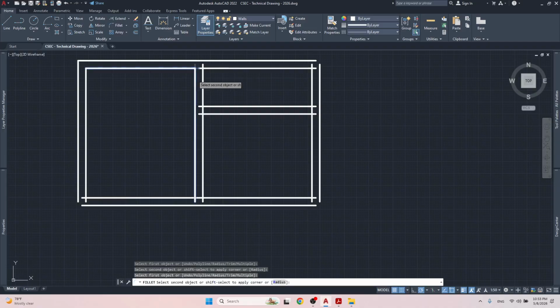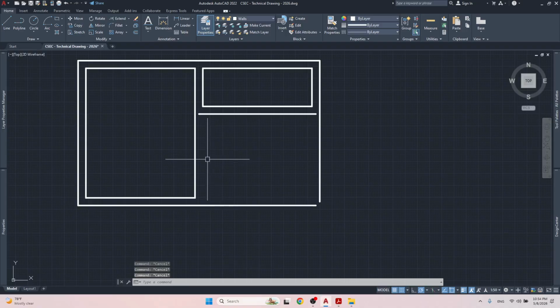Again, do one room at a time. This one. If I do this, it's going to erase this line. So be it. Now let's do the storage room. It's going to erase that line, of course, right? We could just